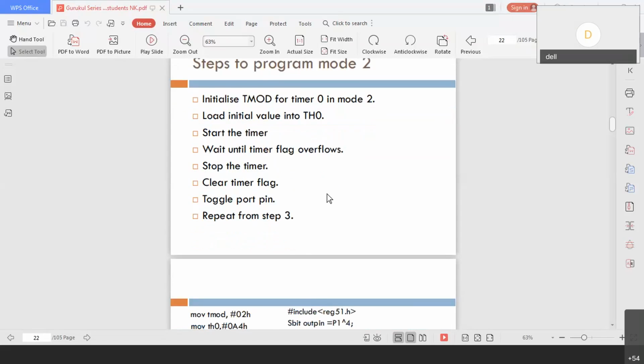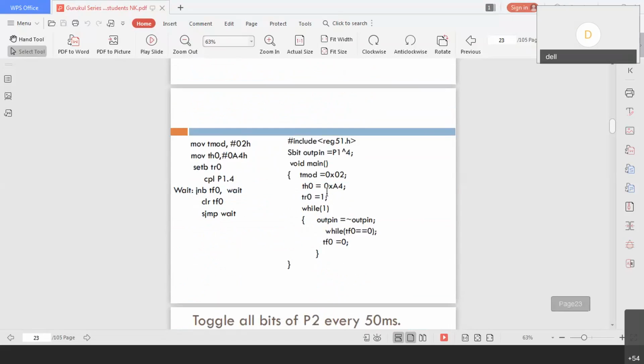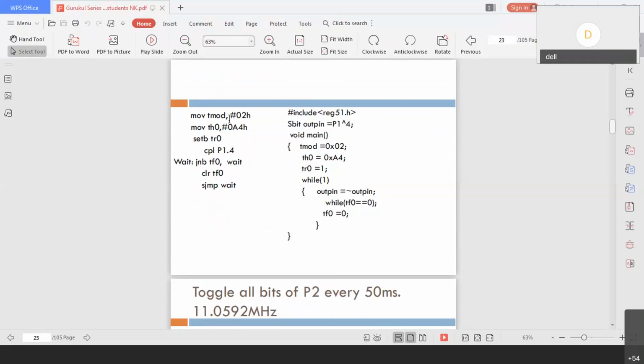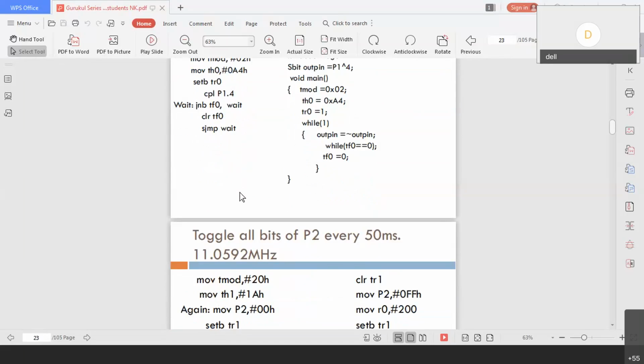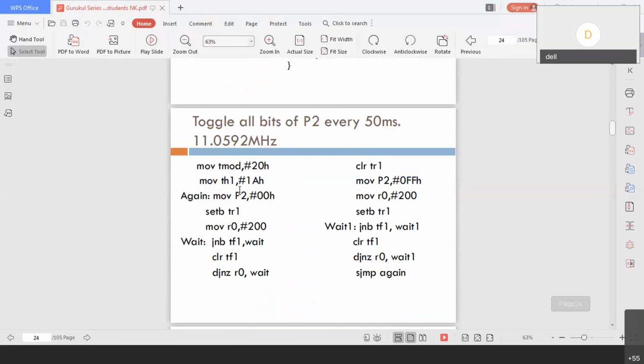If you take the same program, as usual mode 2 means 02, the initial value we have taken, set, complement, monitor and clear, and wait. Once again you go back to step 4 and keep doing it, and it will keep repeating in multiple loops and you will be getting a square wave continuously.